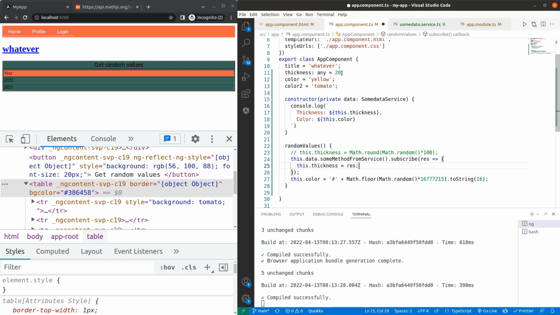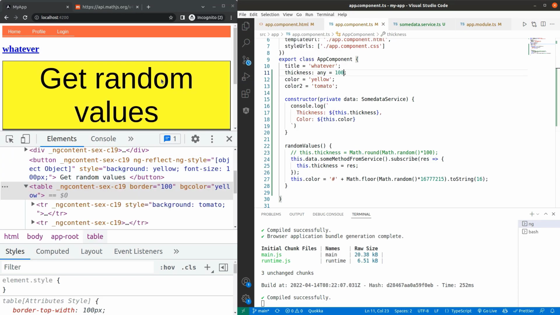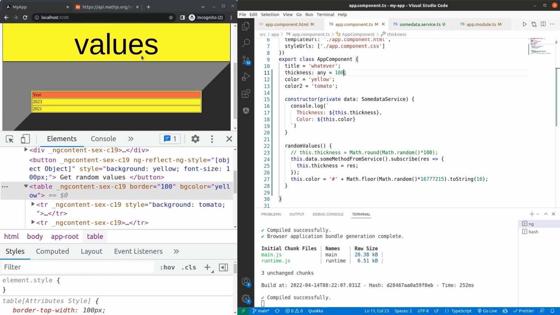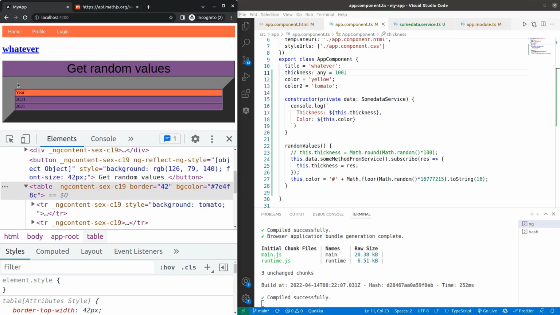And let's also set this initial value to some really large number so that we can easily see the difference between the initial thick border and then the updated one right here. So if I go File, Save All, this should now update properly. And when I click Get Random Values, it's going to be